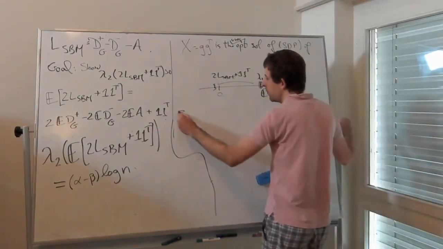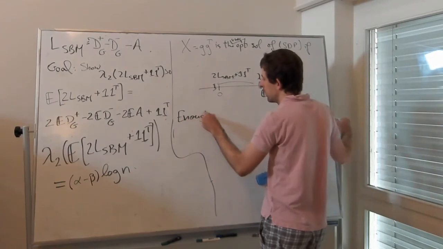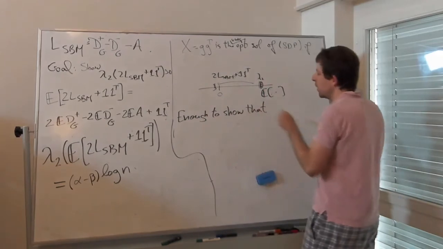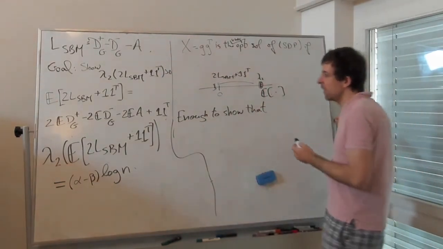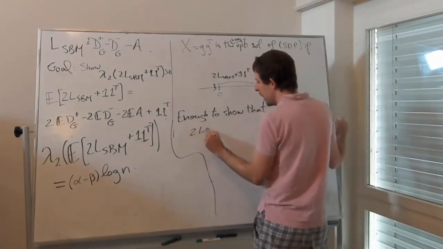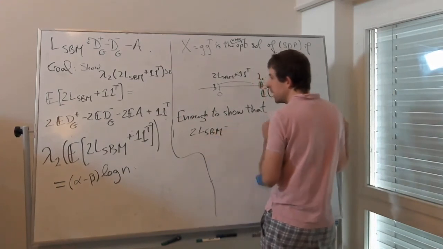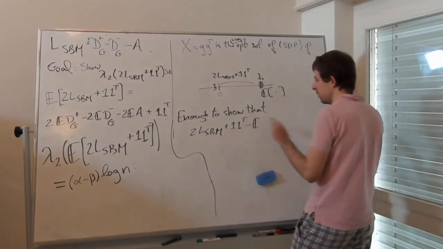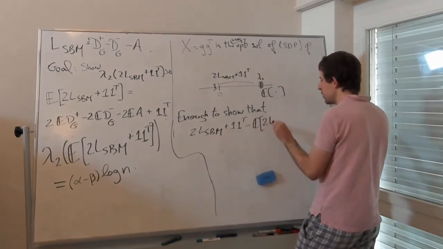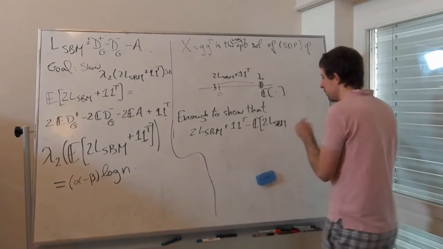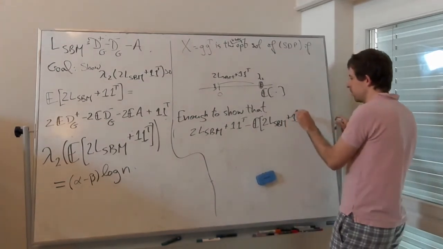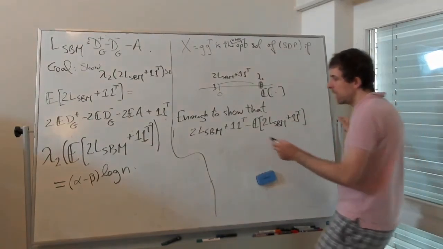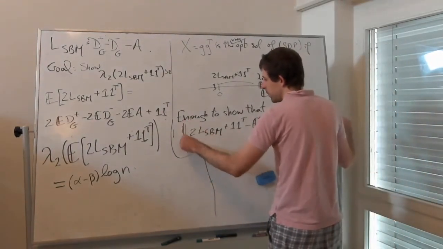So it's enough to show that in deviation, 2L_SVM plus 1 1 transpose minus its expectation, and you can see this as a triangular inequality, that this object in spectral norm,